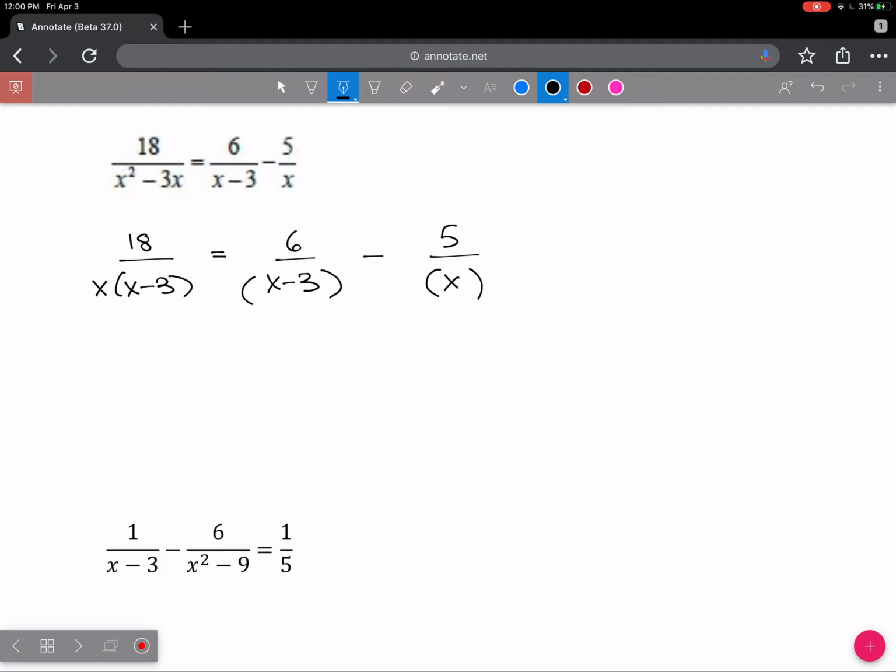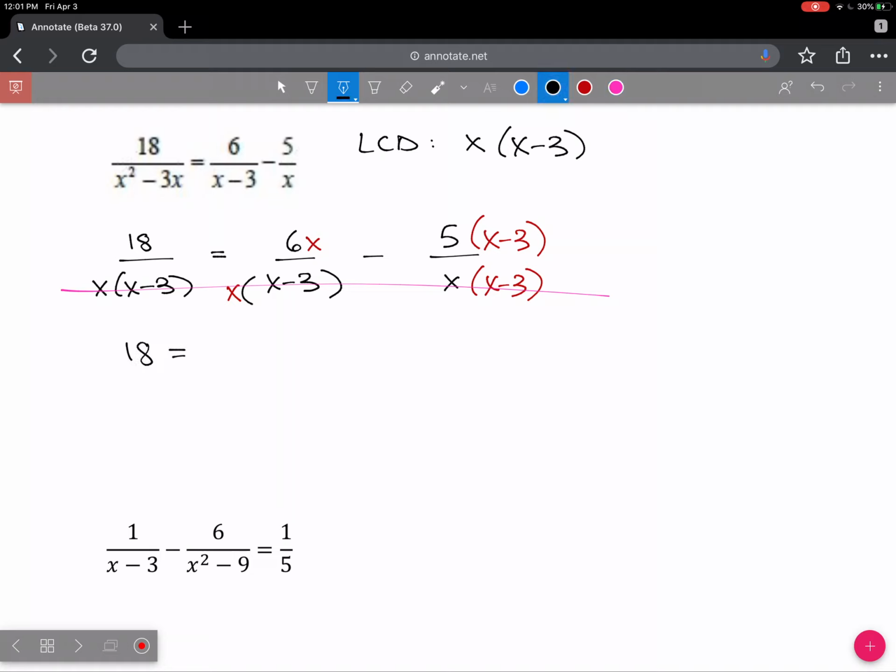Alright, so you can see here that the monomial for the LCD is just going to include an x. There's no numbers involved. And the only other binomial is x minus 3. So I just got to make sure that each denominator has that LCD. So starting from the right, I'll need an x minus 3, top and bottom. I'll need an x and an x, and that one's good to go. Now I can drop the base